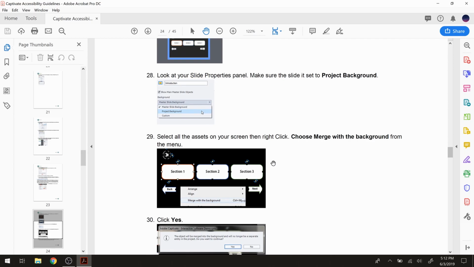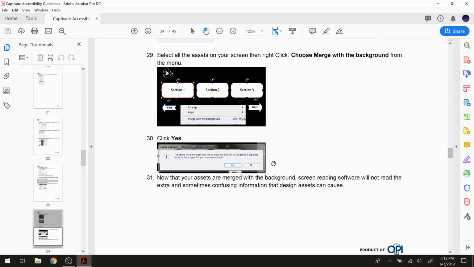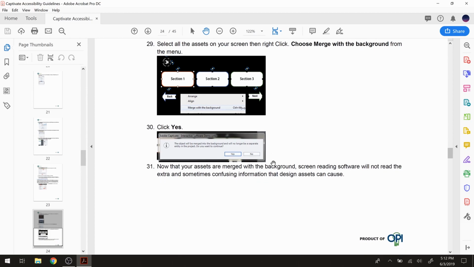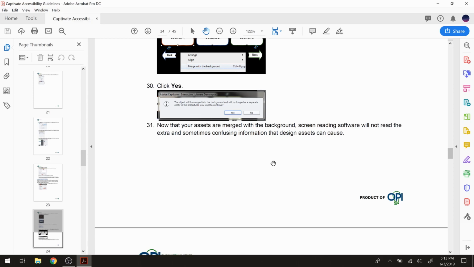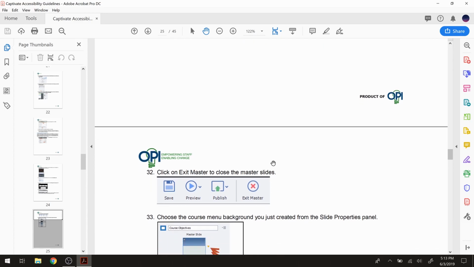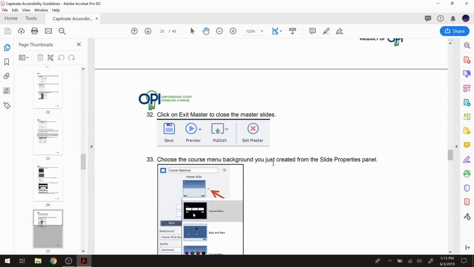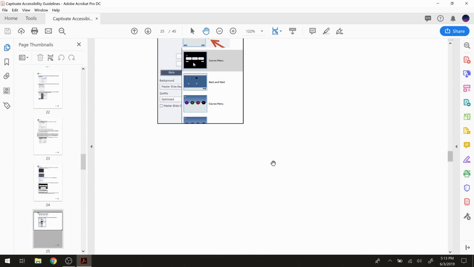We're going to merge the decorative stuff into the background. Okay, because if it sees an image or something like that, the screen reader will just read out whatever it thinks it is. And so you're kind of flattening it back into the background so it doesn't read it. That makes sense. I get out of the master slide, and then